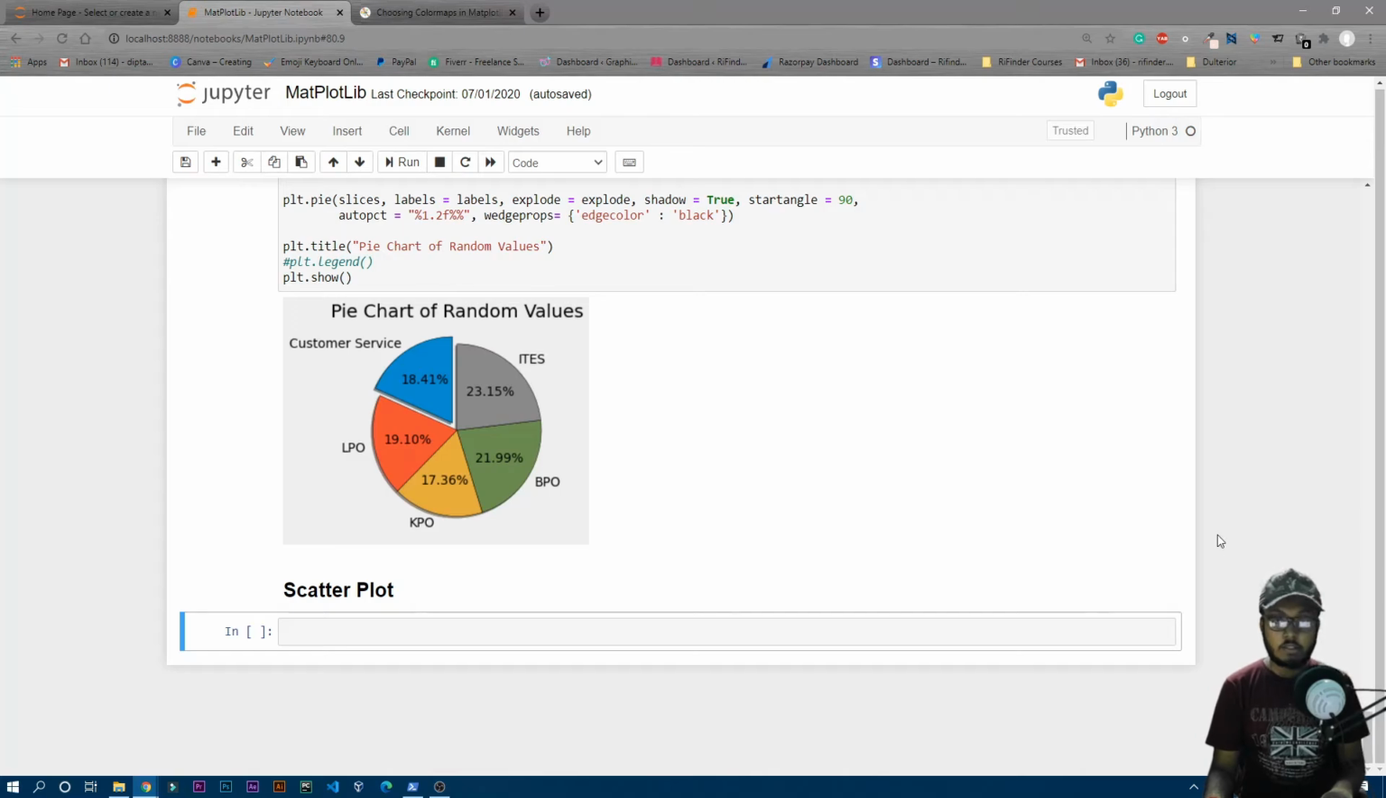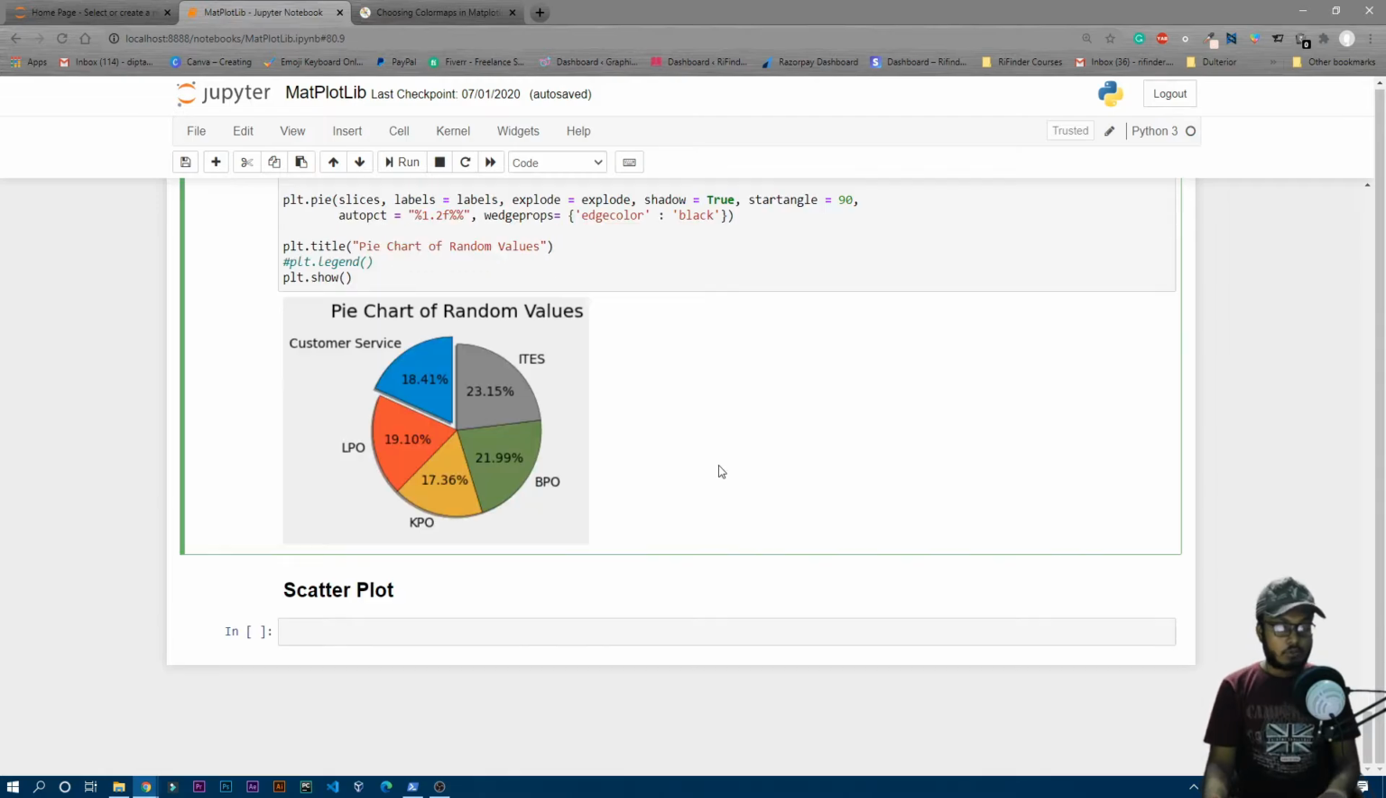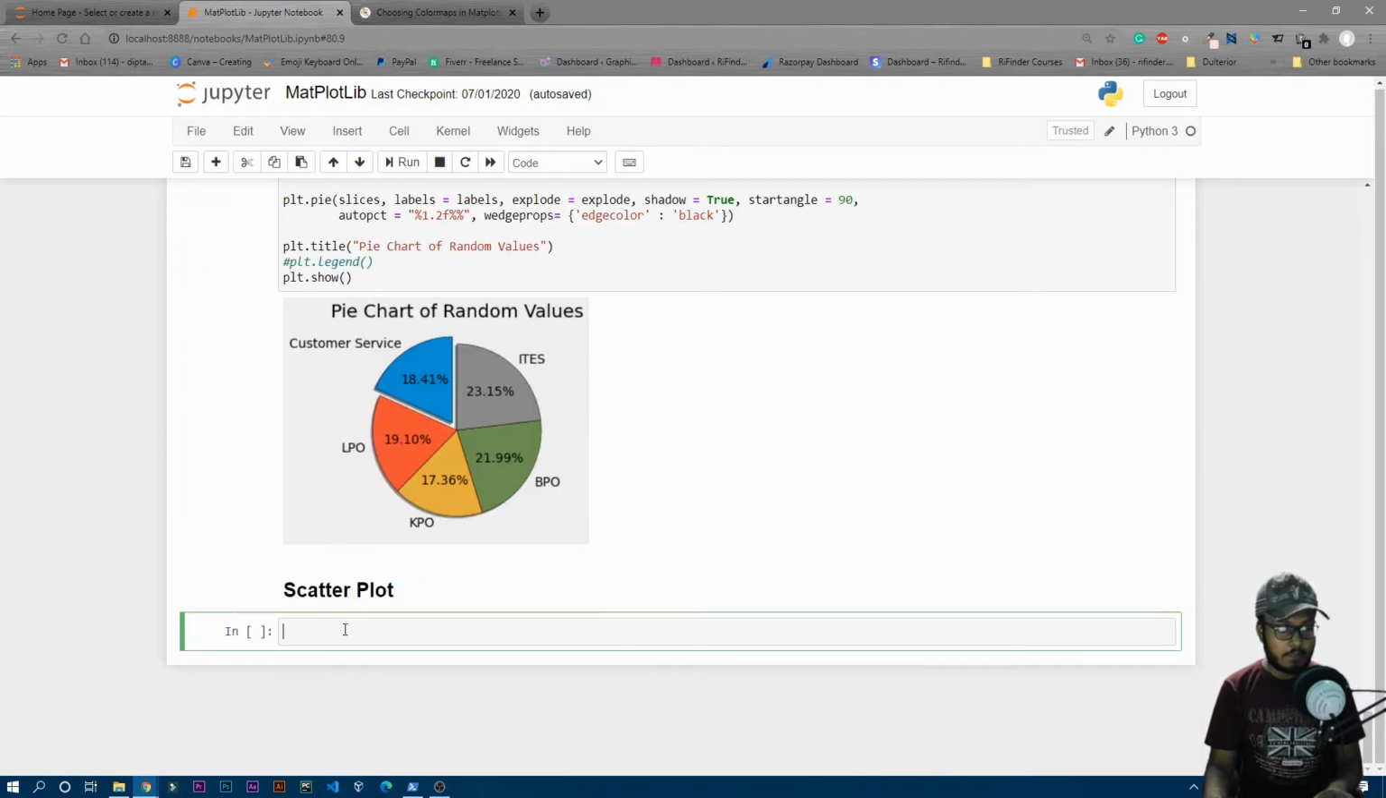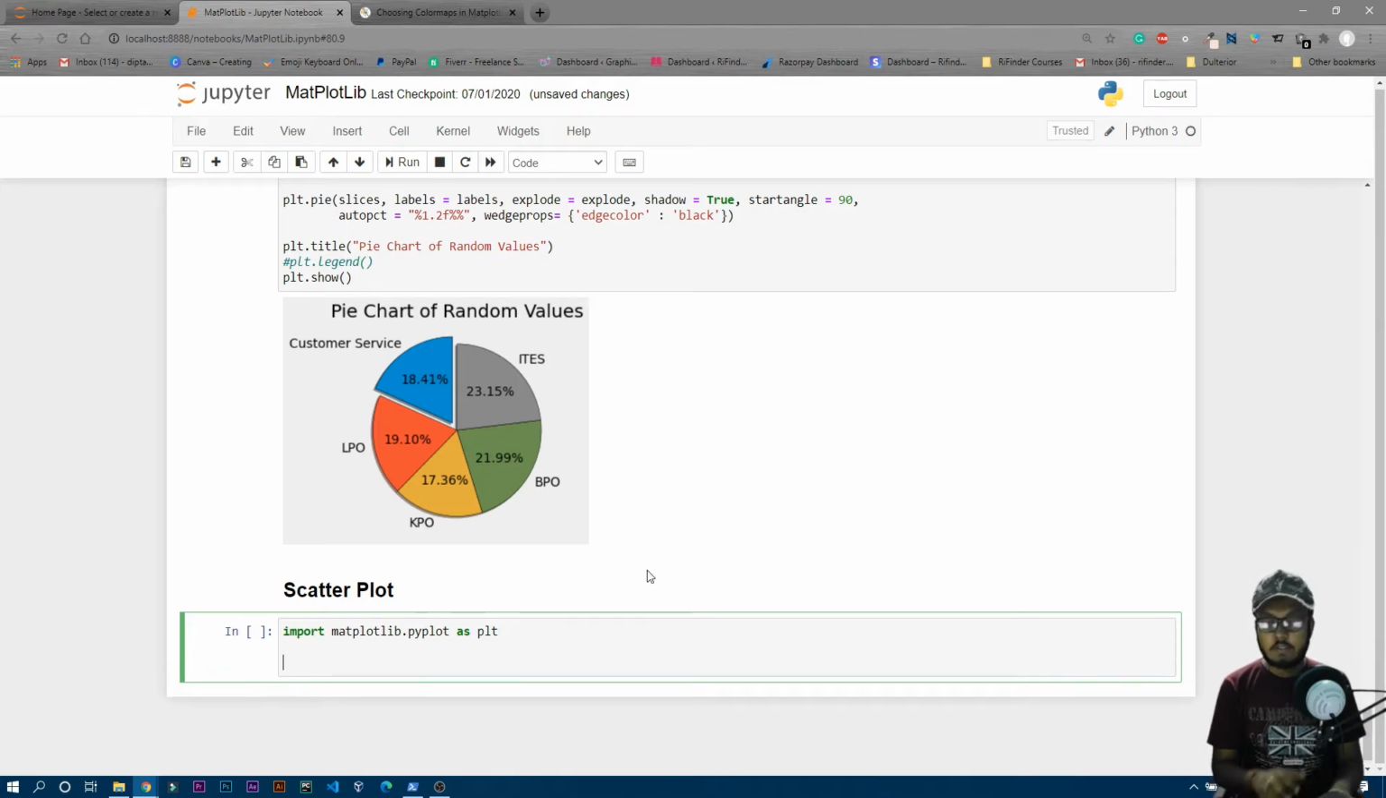So guys, now let's learn about scatter plot. Scatter plot means basically there will be some markers in different sections of a particular plot. Let's first of all import Matplotlib, and then we can just write some values for x and y axis. Assume x axis values are